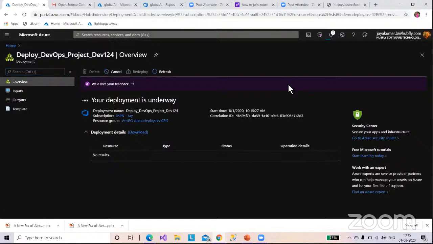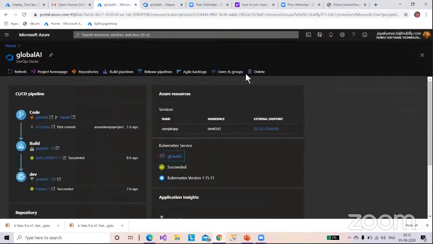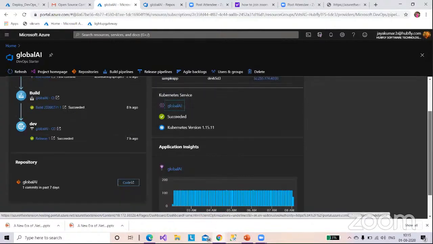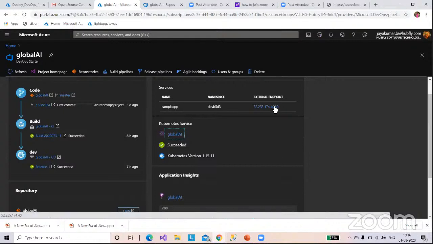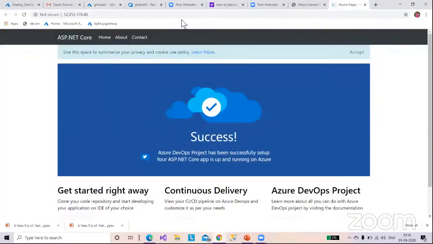After my application is deployed, I will get the page as I showed here. So my first build and my release will succeed automatically. I don't need to trigger anything. After that, I can view my application here. At the same time, I can find my application in my DevOps also. So that is easy to monitor. So this is the application that has been deployed.